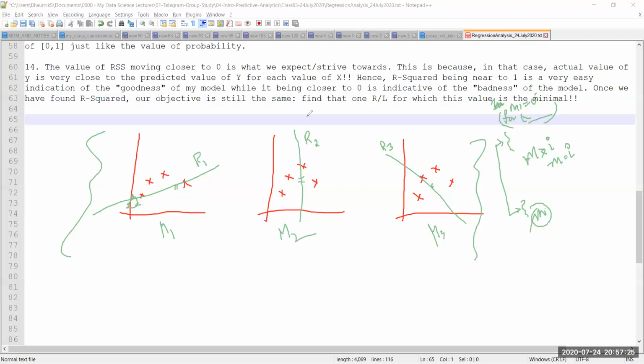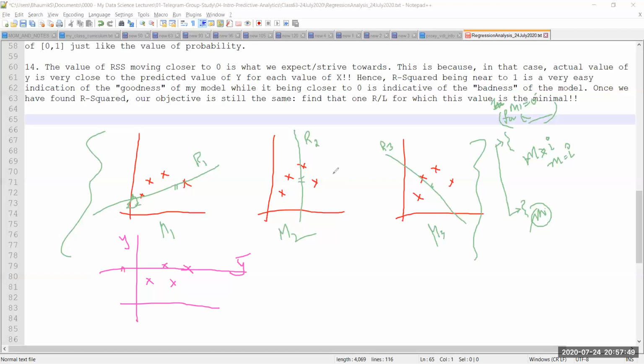So let's take an example. Let's say I have this plot and I have 4 lines, and I draw a line like this. If this is my mean, this is my y bar. Y bar for the entire life of y is going to be the same. This line is not going to change. I'm not able to move this line.